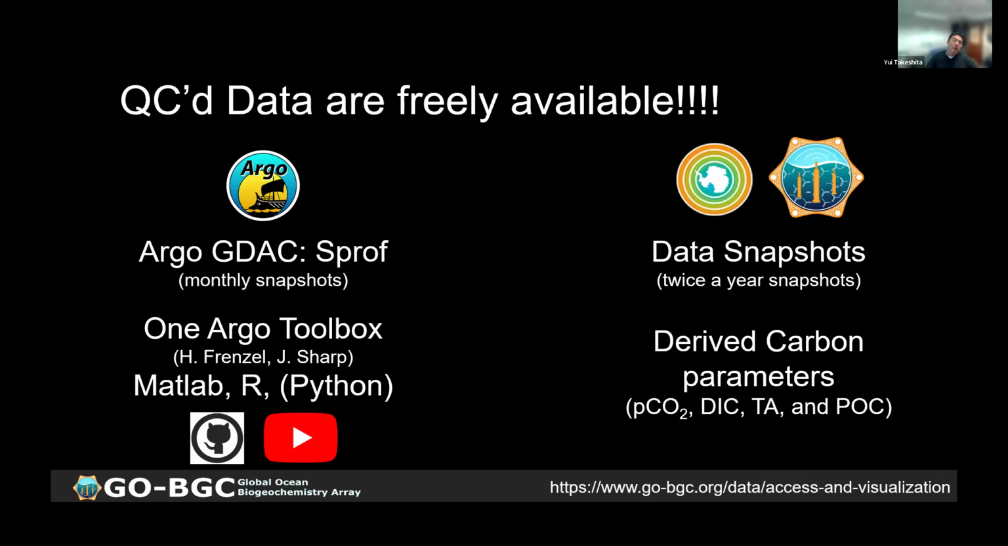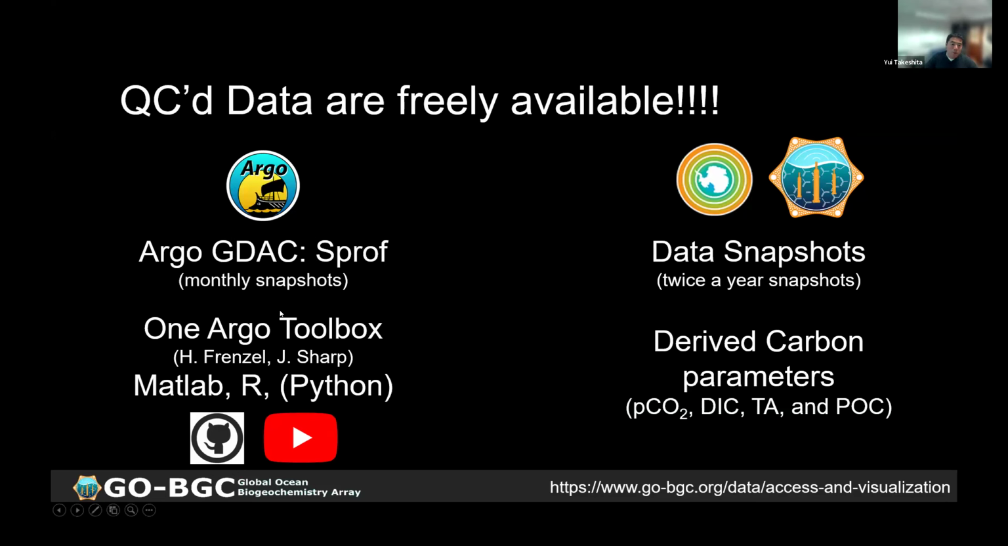As true for all Argo data, BGC Argo data is freely available in real time or near real time. Our goal is to get it online within 24 hours since the float surfaces. There are multiple ways to access the data, but the main data portal that we suggest people access is the Global Argo Data Assembly Center, and for BGC Argo data, use the SPROF, which is a synthetic profile. So this is a user-friendly file where all of the BGC sensor data is interpolated onto a single pressure axis. So before there were separate pressures for each BGC parameter, and now it's on a single pressure axis, so it's